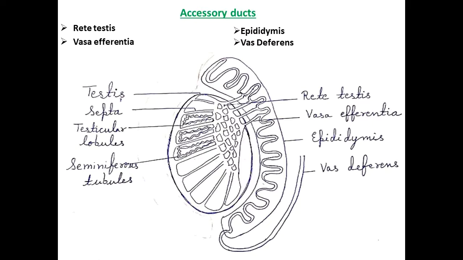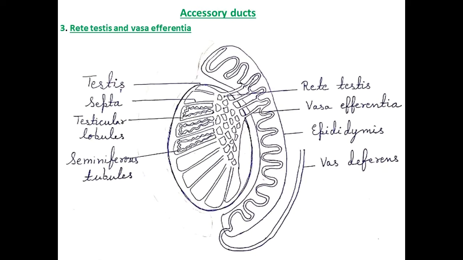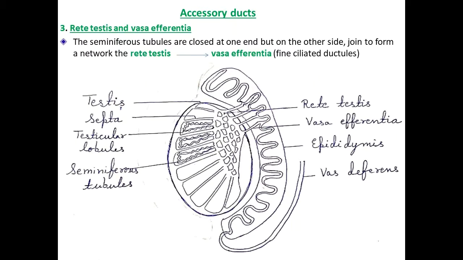So, seminiferous tubules, which are found in the testicular lobules of the testes, they are blind at one end. So, you can have a look at the diagram, please, again. I have drawn in the three boxes, three compartments, only the seminiferous tubule, the rest is empty for your practice only. So, they are blind at one end, and at the other end where they open, there it forms a mesh,